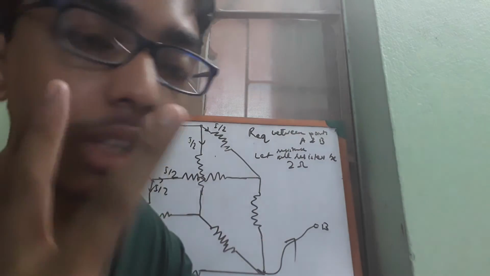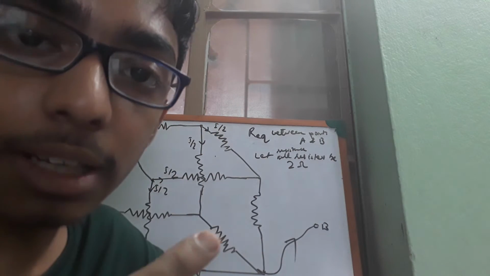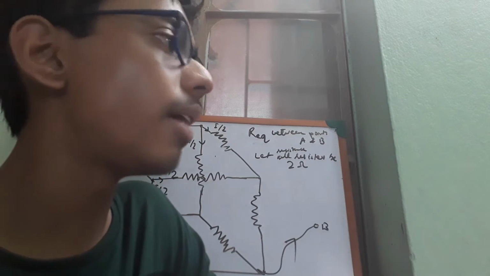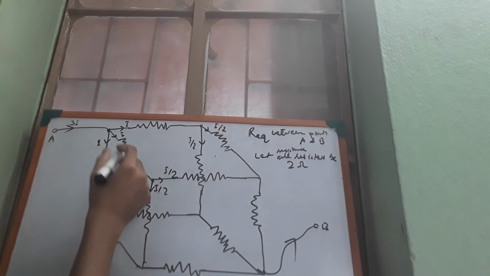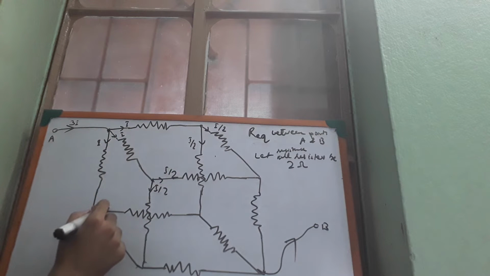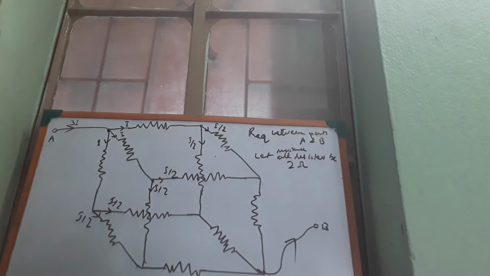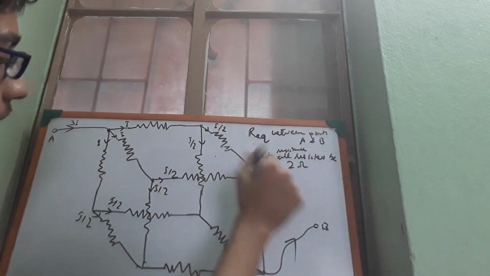When the current is having more than one path to go, it will divide itself into equal parts because the resistances are equal in this case. And if the resistances were not equal, then it would have divided in that corresponding ratio. So that's all. Now this amount of current is also having two paths, I by 2, same case. I hope it's clear till now, right? No problem. Now consider this I by 2, this will come here, this will again have two paths to go.